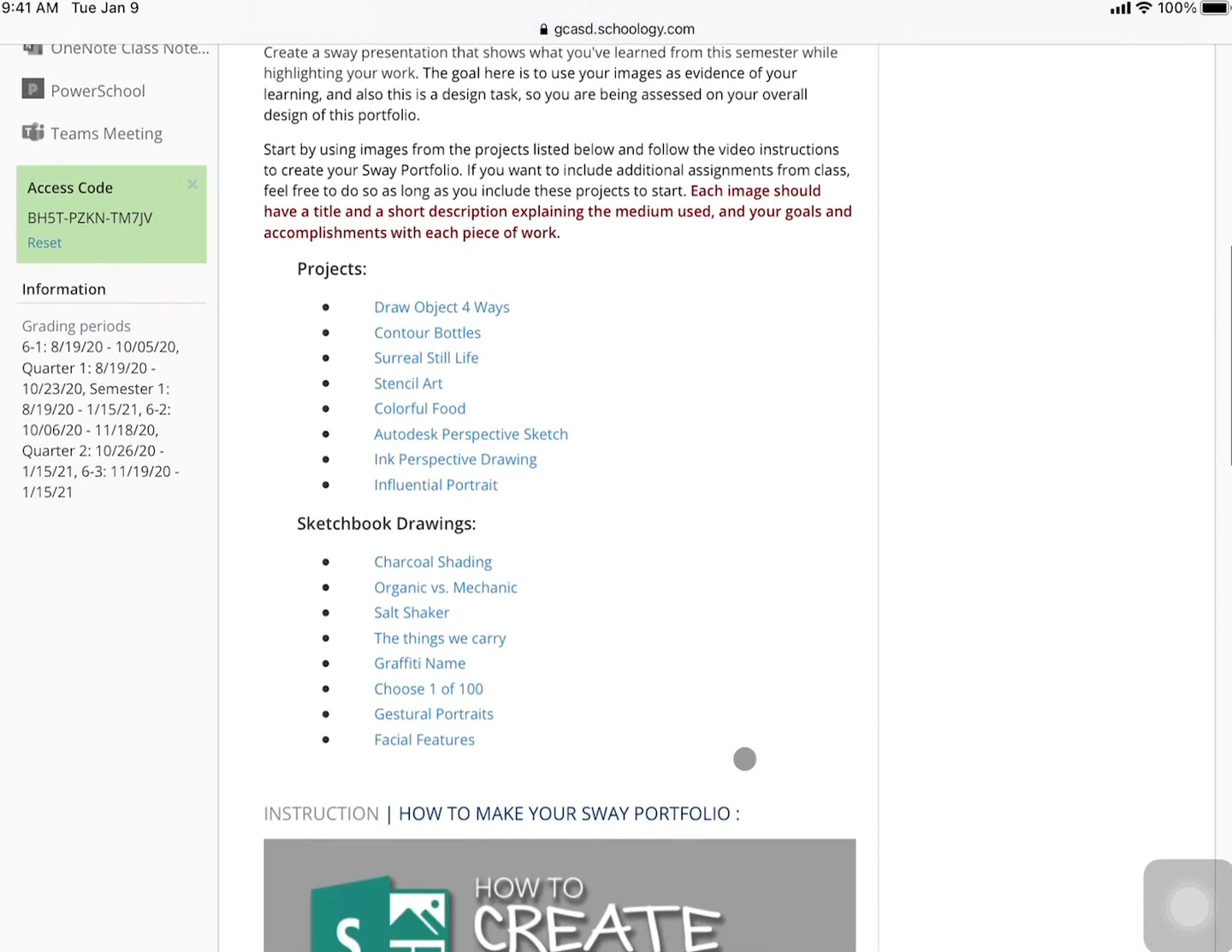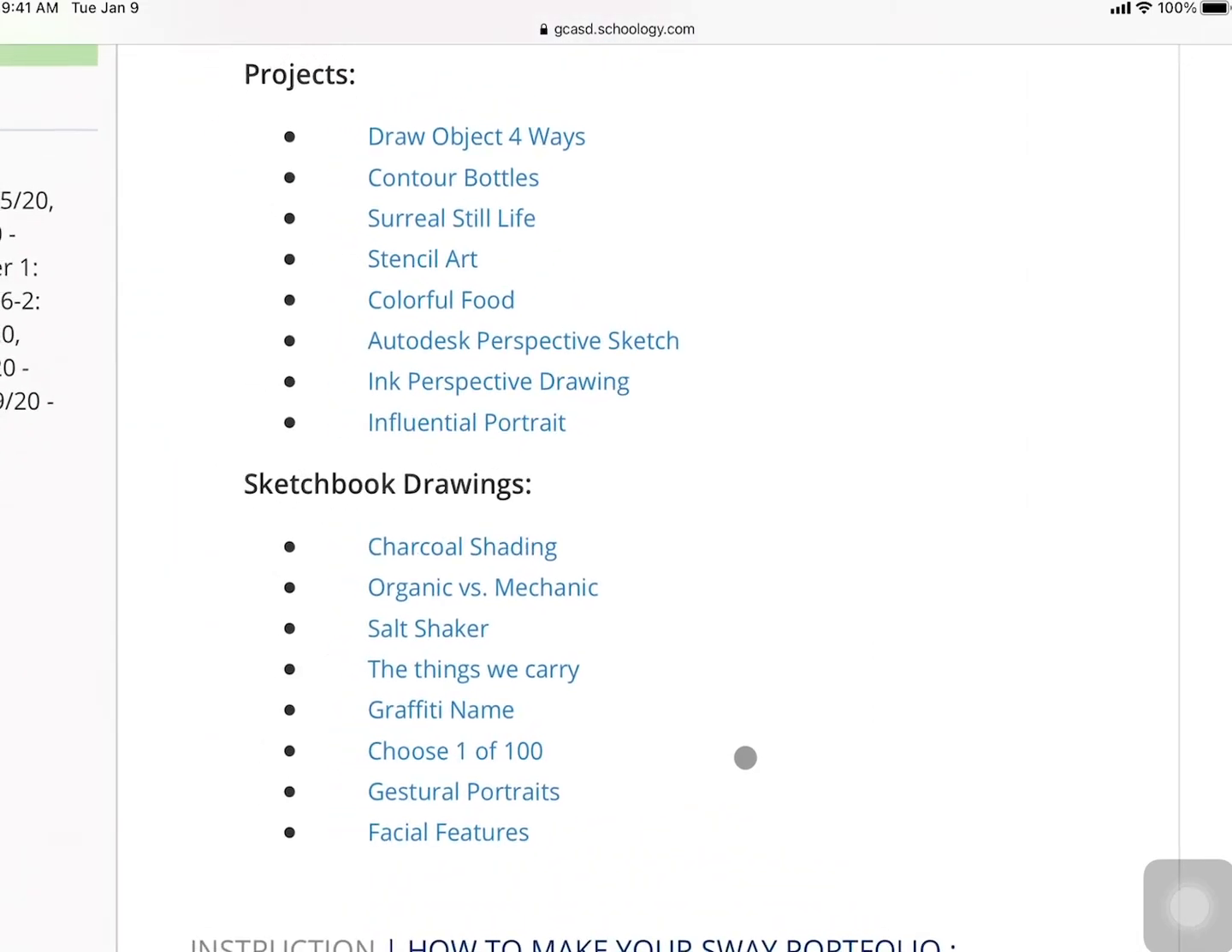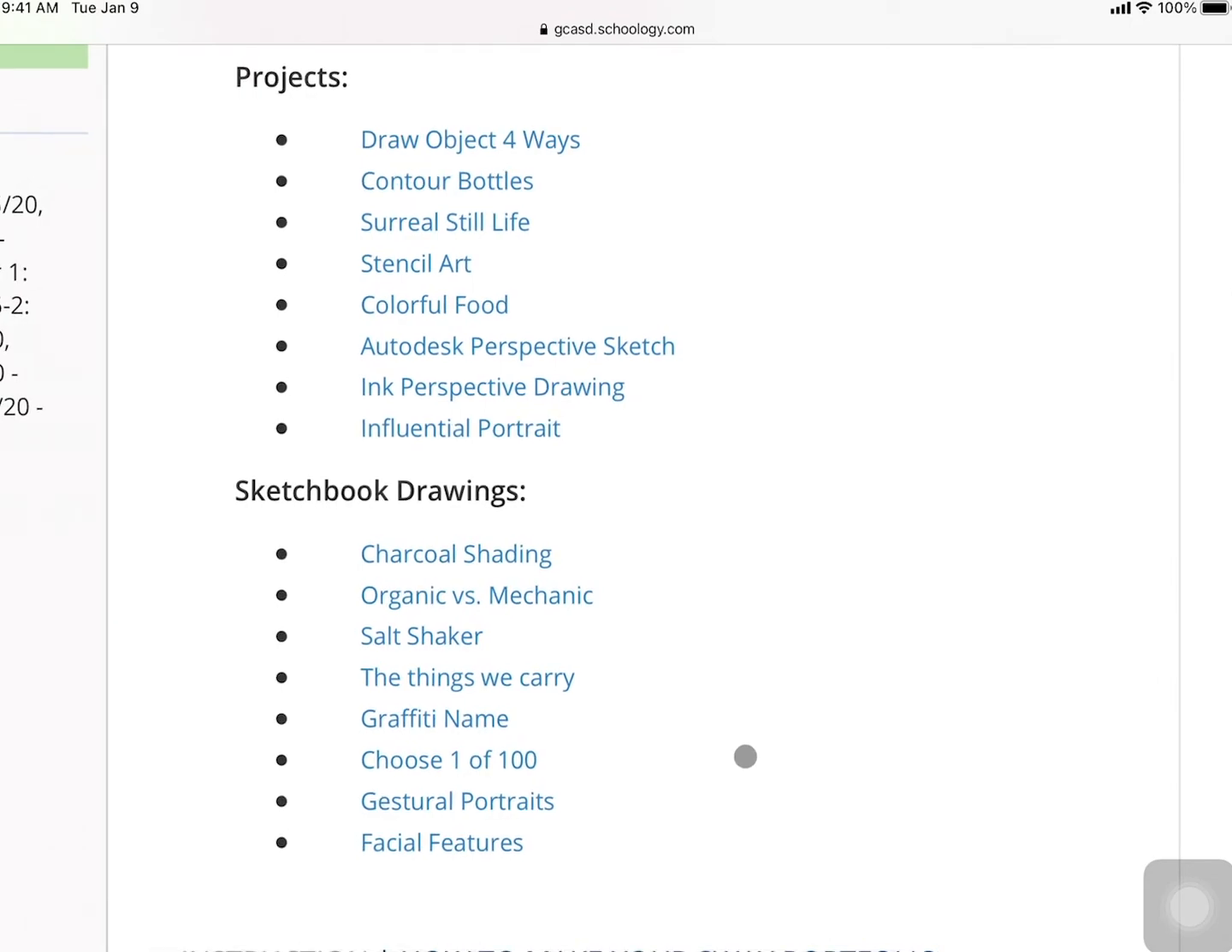Continue to go through this process until you've included all of these projects and these sketchbook drawings. Now, like I said in the other video, if you want to include other projects that we've done, go ahead and do that. Or let's just say for my stencil project, once I get there, if I want to include more images than just that final image because I wasn't super happy with the results,